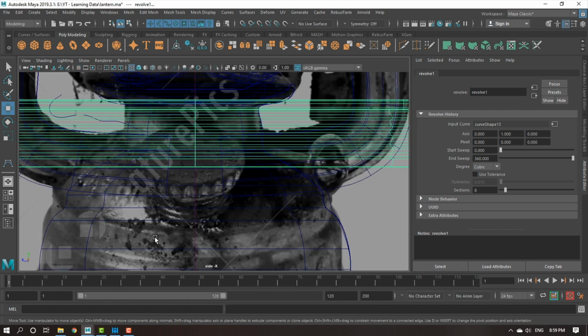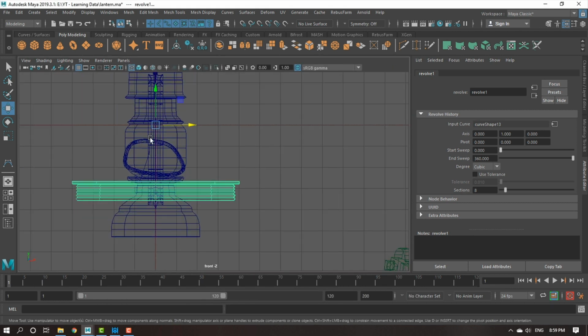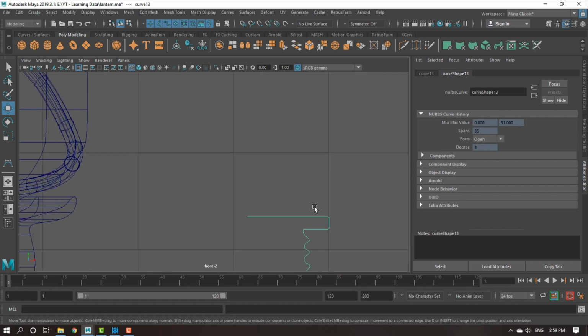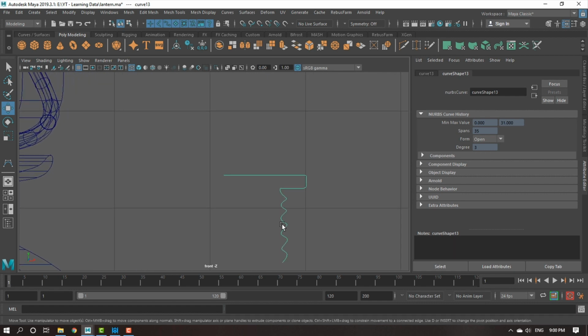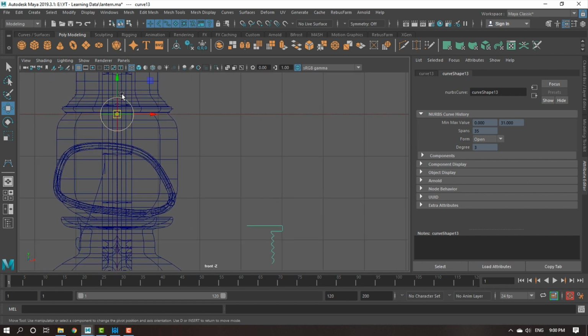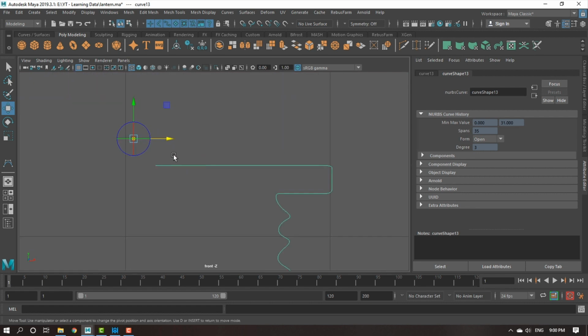It is giving me a gigantic revolve around the pivot. So whenever you are drawing a shape off center of the grid, not in the middle of the grid, please align the pivot to the end of this curve. Very simple. I can just press Insert. Insert will help me to move my pivot. You can also press and hold the D key, which will also move the pivot temporarily. But I will press Insert once.